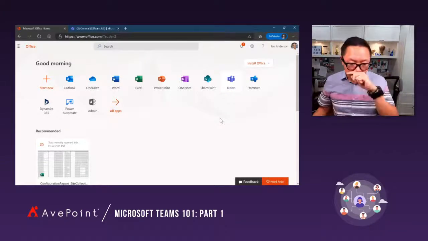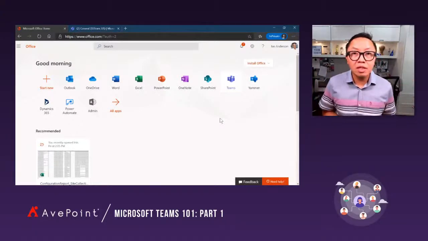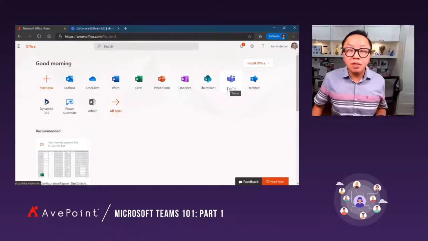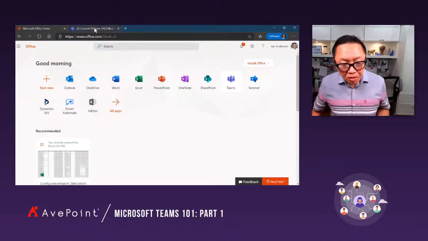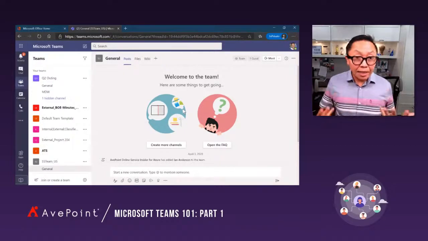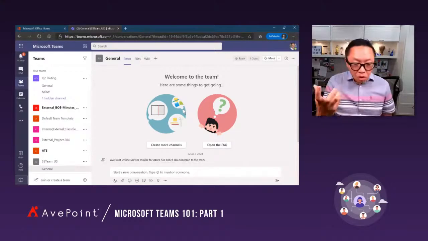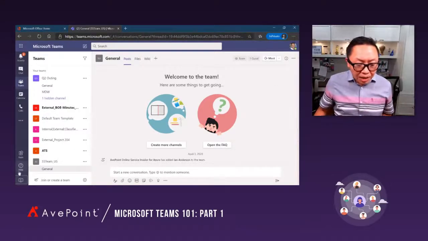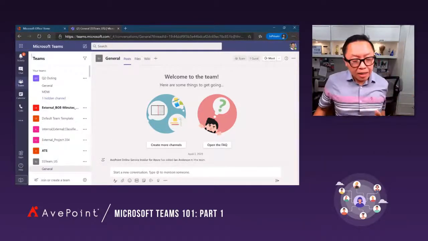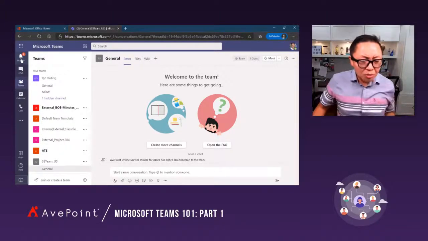So to access Microsoft Teams, this is my Office 365 environment. All you have to do is log into Office 365. And in Office 365, as you can see, you have all these different apps, and one of the apps is Teams. So when you click on it, it brings up Microsoft Teams, and this is the Microsoft Teams interface. And like I said earlier, you can download Microsoft Teams as a desktop client or a mobile app. And in Microsoft Teams, if you look at some of the different aspects of this, let's start on the left side. On the left, it shows activity, so latest activity notifications. I'll talk about that in a second.